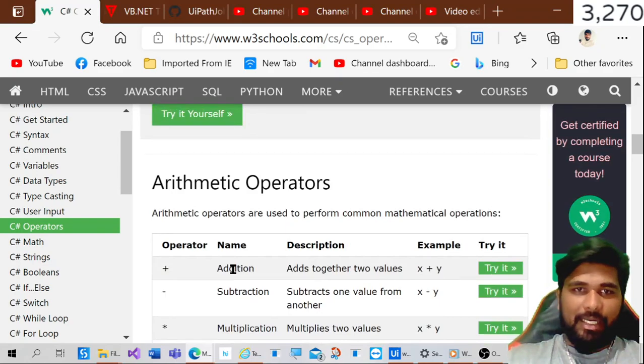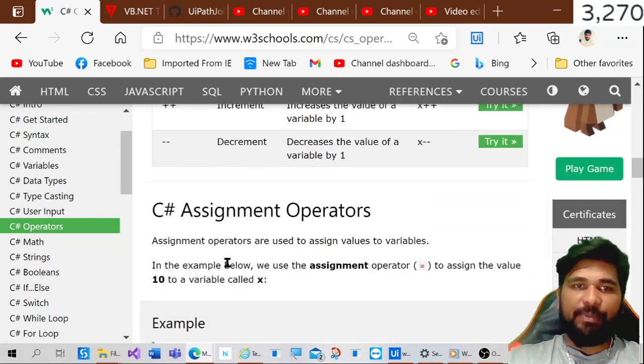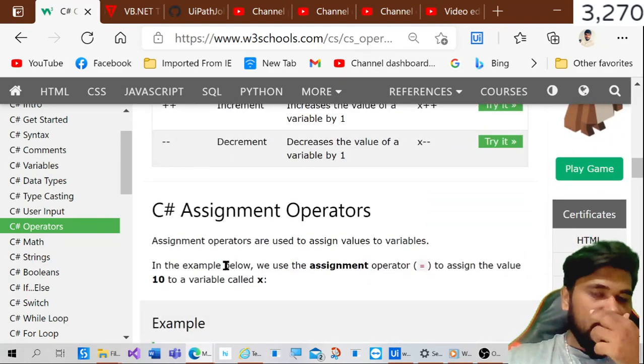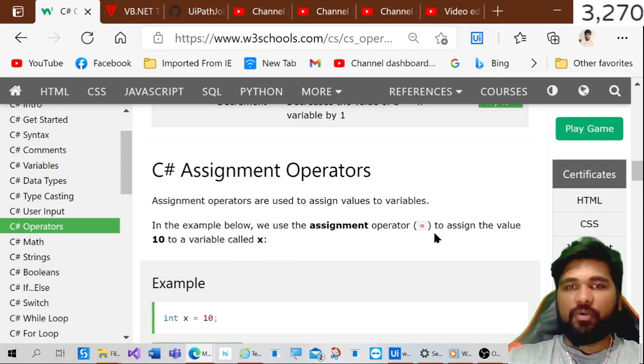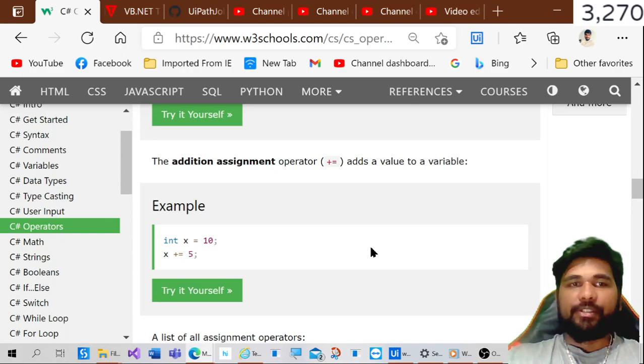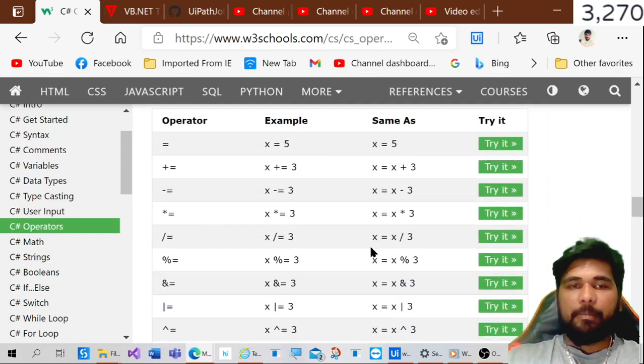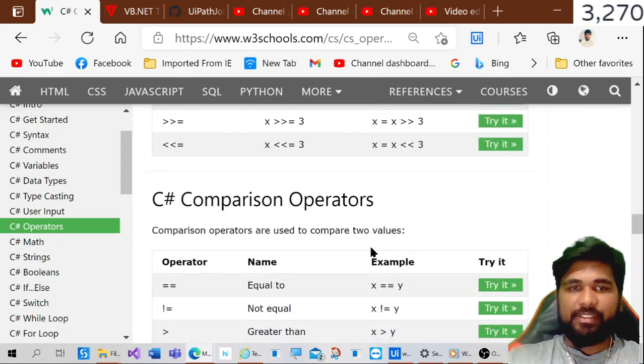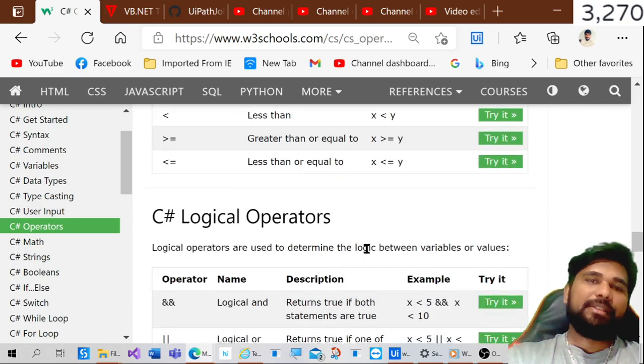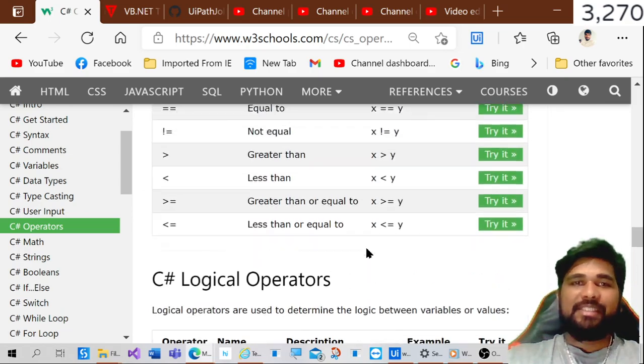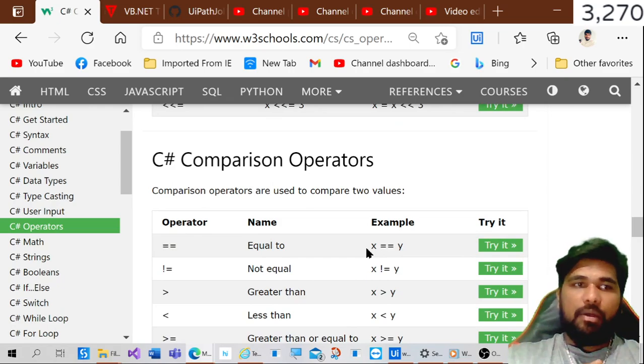These are all arithmetic operators, and there are specific C# assignment operators, which is equal to, to assign. If I want to assign something, I can assign with this. And there are also comparison operators. This needs a separate video to cover what the operators are and how you can use operators in UiPath.